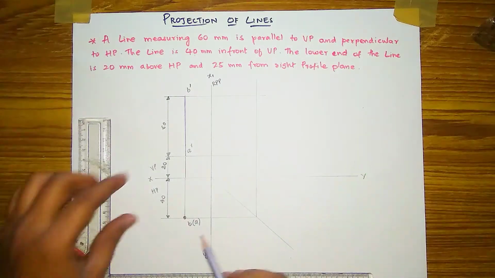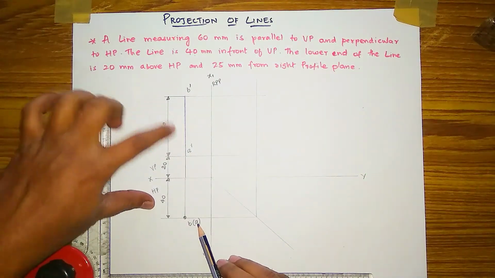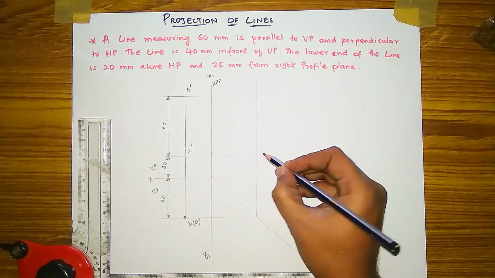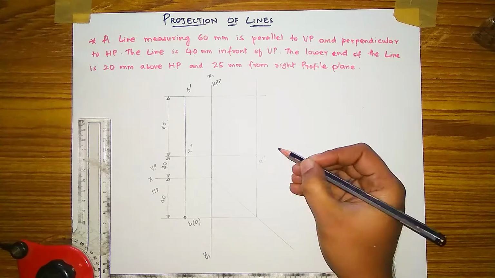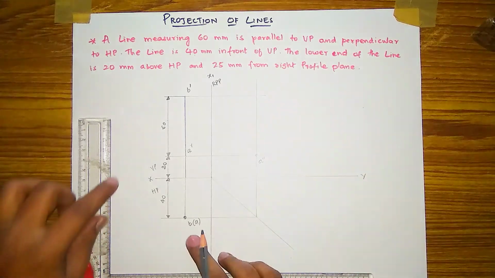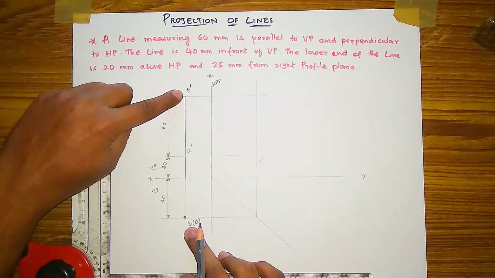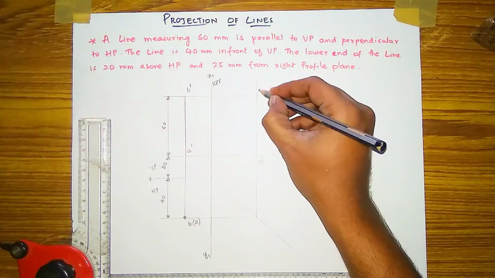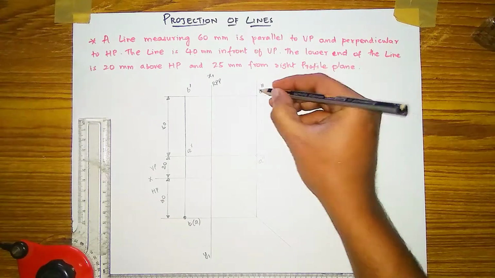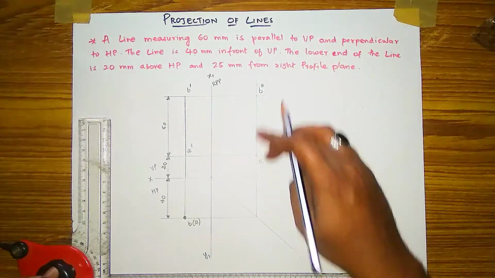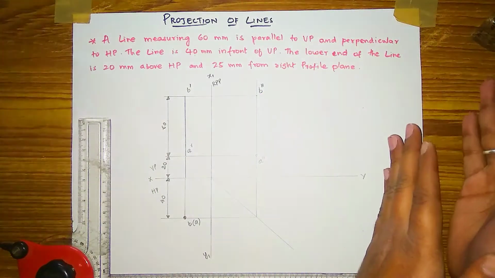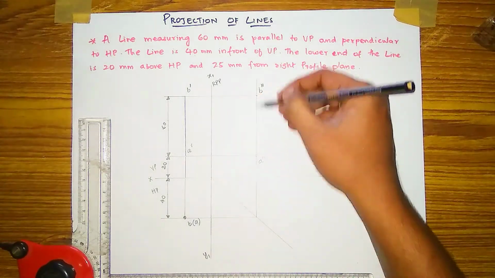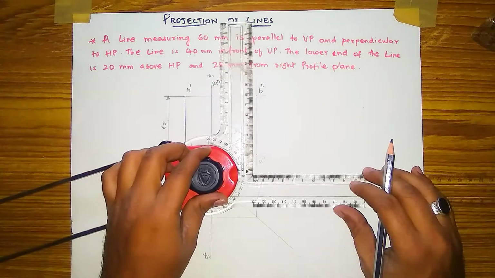Okay, then after, see where these points A and A are meeting. Here you have to put a point and label it as A double dash. And from B and B dash, see where they are meeting, here you have to put a dot and write it as B double dash. Then in the right profile plane, I showed you practically that the 60 mm line will also be visible here. So draw this line, dark it.